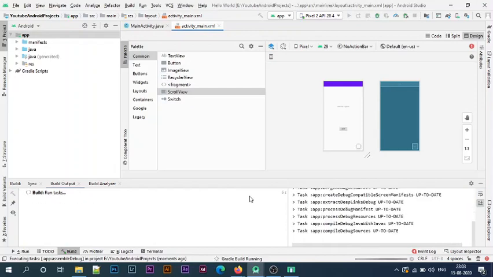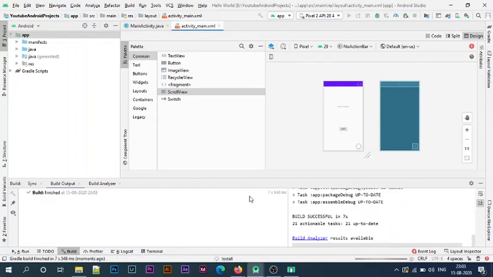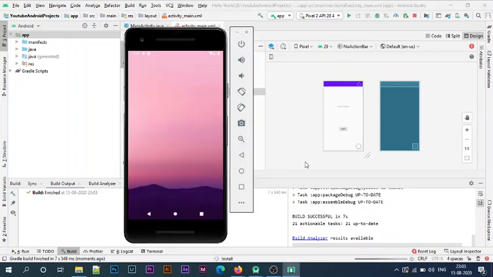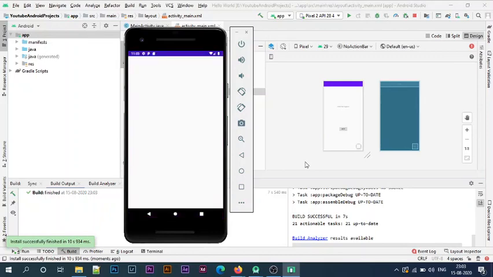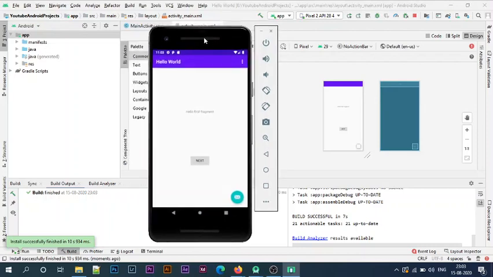The build process is running. You can see that it has completed successfully and the application will be installed in the emulator. Now it's launching the activity. You can see that the application is run on the device, and you have created your first application.